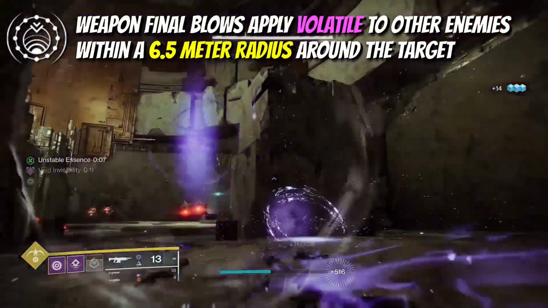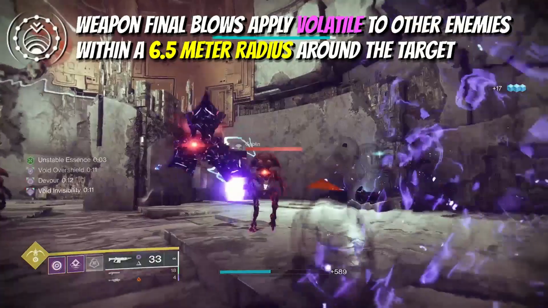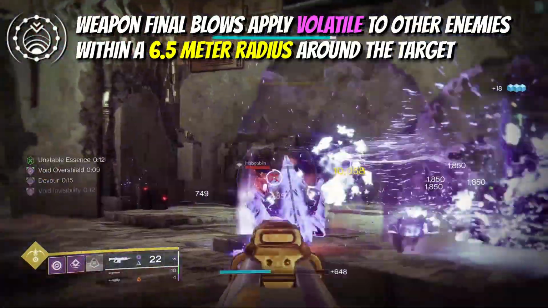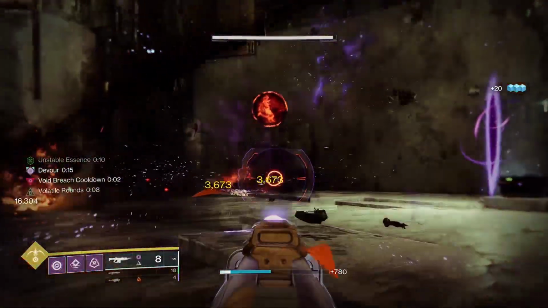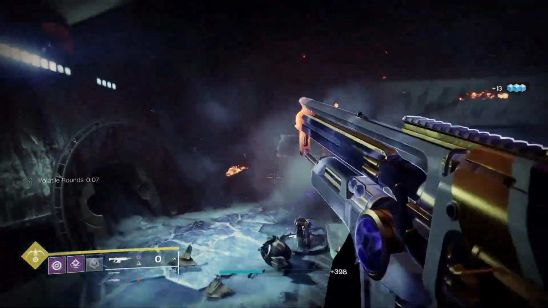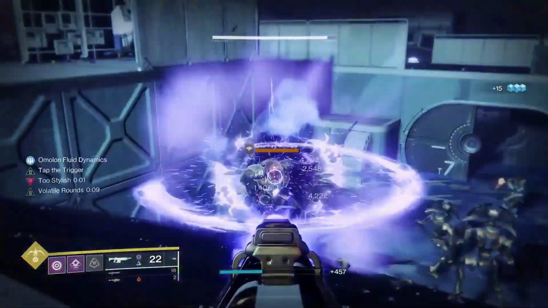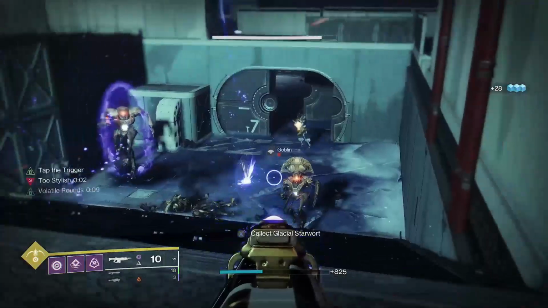absolutely top tier. Final blows will apply volatile to targets within a 6.5 meter radius, and any target that becomes volatile will now do a few things. They'll stay volatile for about 10 seconds, and dealing sustained damage to a volatile target will trigger a volatile explosion, dealing damage to nearby targets, as well as exploding with Void energy on final blows, again spreading more volatile all